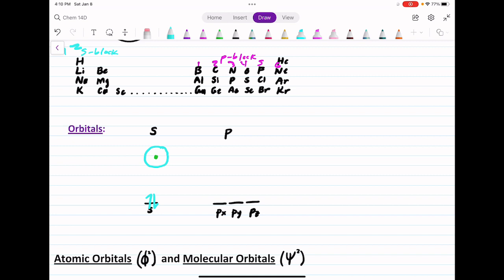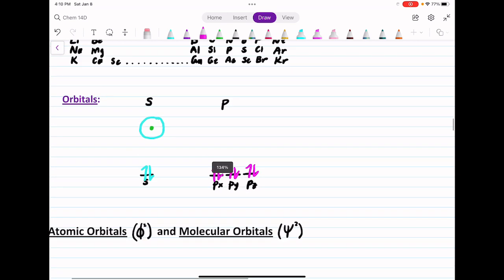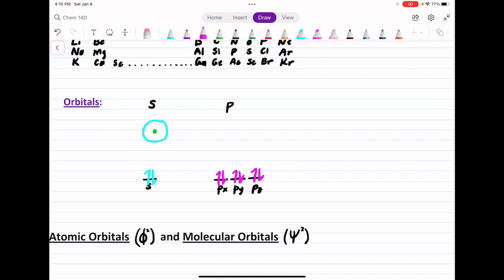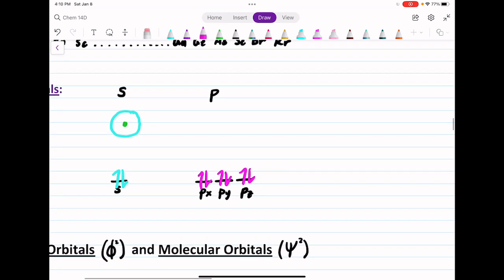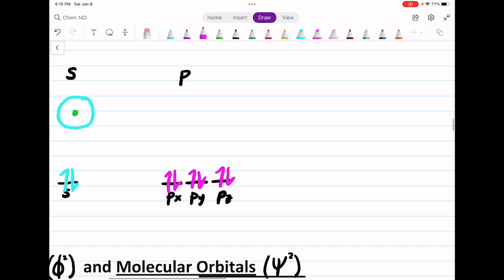Okay, so we have 6 electrons in the p block, and that's why we have 3 different p orbitals. So we can put 2 electrons in the px, 2 in the py, and 2 in the pz. With s orbitals, they're spherical in shape, so you couldn't have something like s, x, y, or z because the spherical shape doesn't lend itself to directionality. Whereas the p orbitals, on the other hand, are shaped sort of like dumbbells,